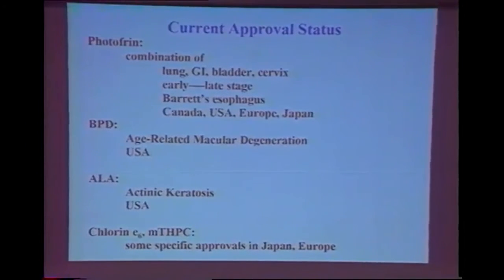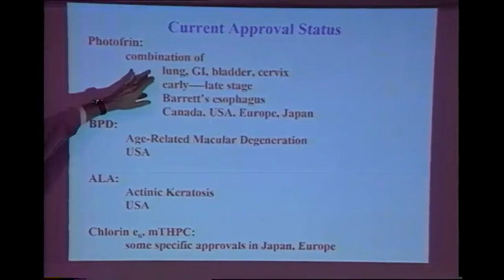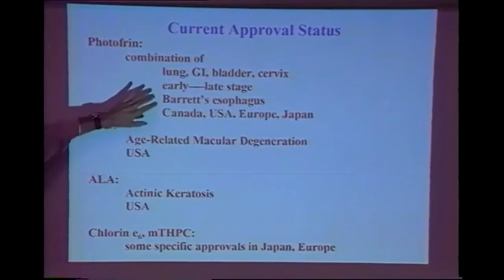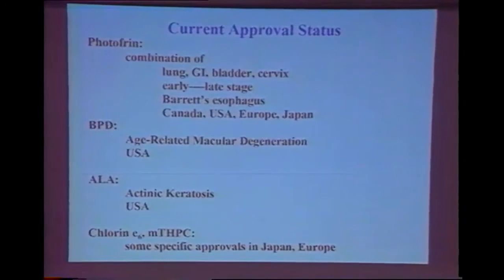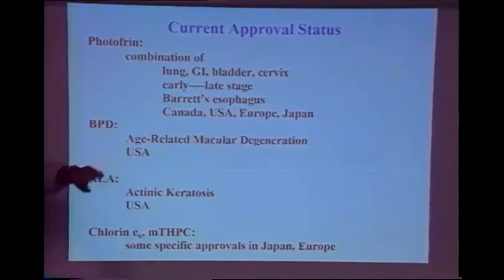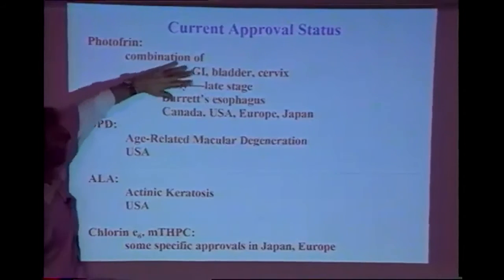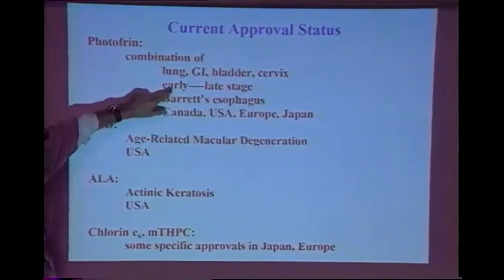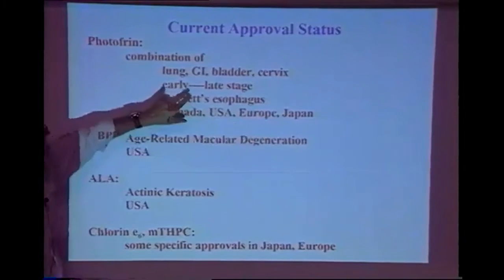This is for the approval. Photodynamic therapy is approved for lung, GI, bladder, cervix, some early stage, some late stage, Barrett's esophagus, which is a pre-malignant condition, and it's had approvals in Canada, US, Europe, and Japan. Now, this does not mean that all of these treatments are approved in all of these countries. So, for instance, in Japan, the approval is for